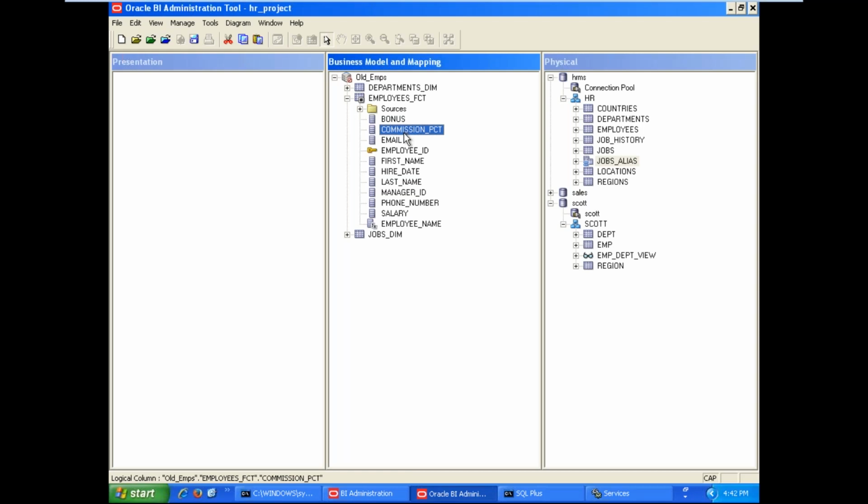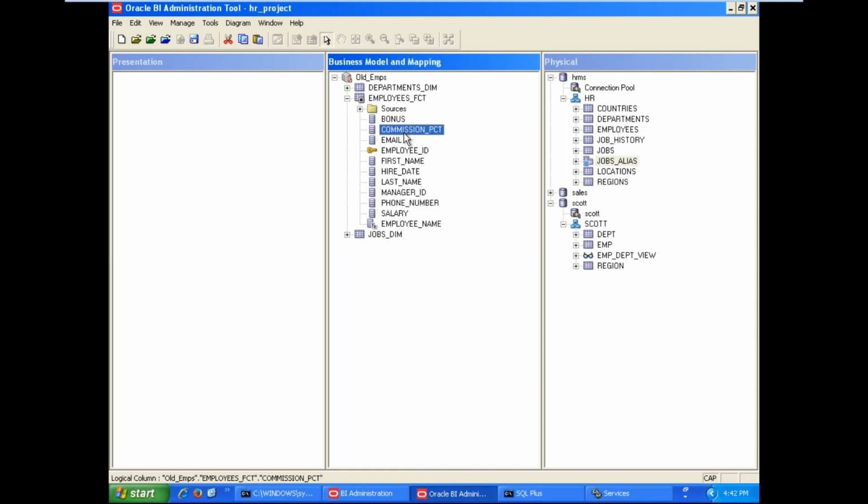What about the remaining employees in the database? If no commission is given for an employee, there is a null value. From the database point of view, what is the meaning of empty? Empty means null, and null means unknown value. If any value is added to a null value, the result is null again. So that's why we need to handle it.